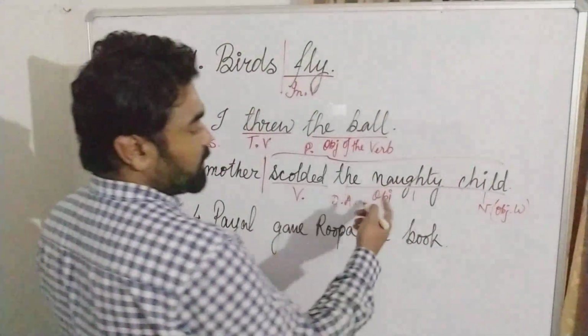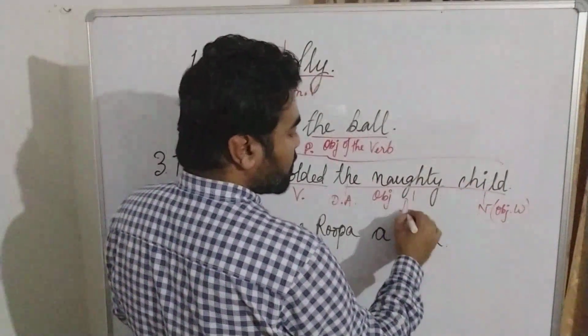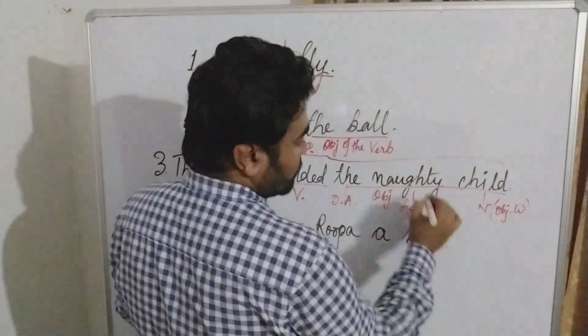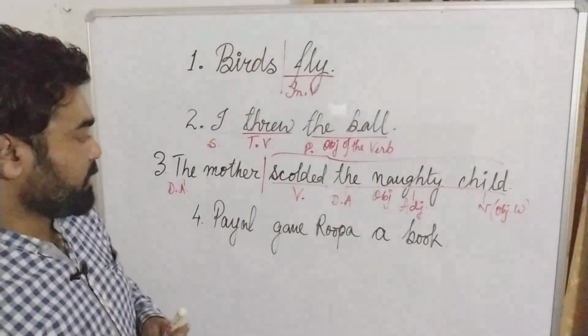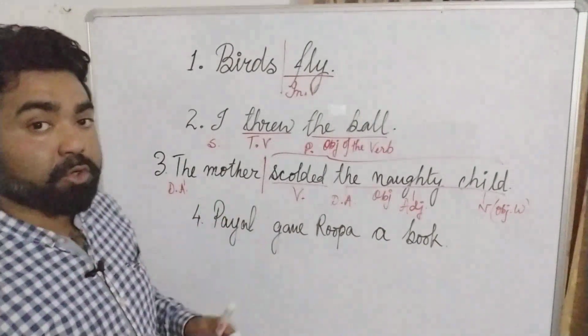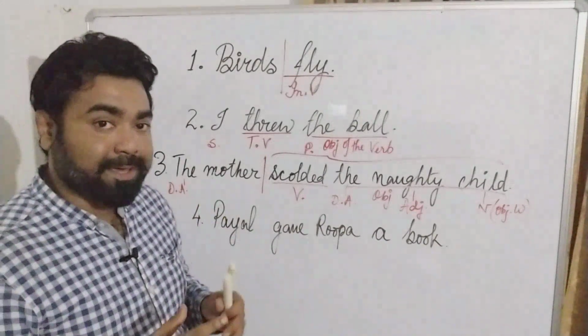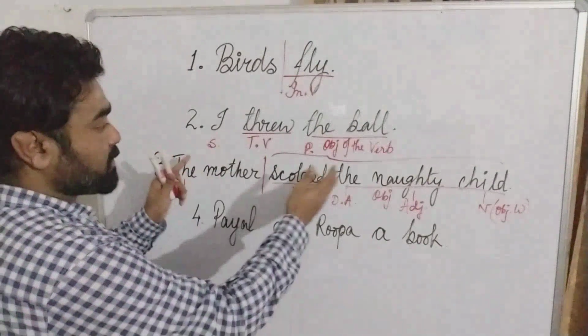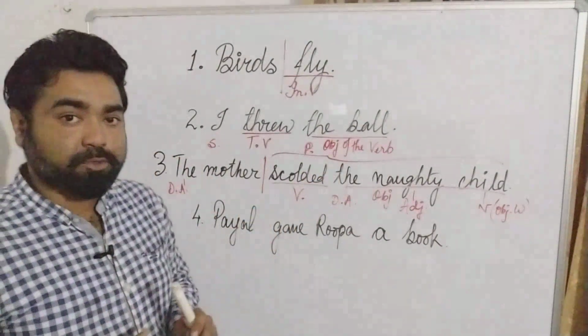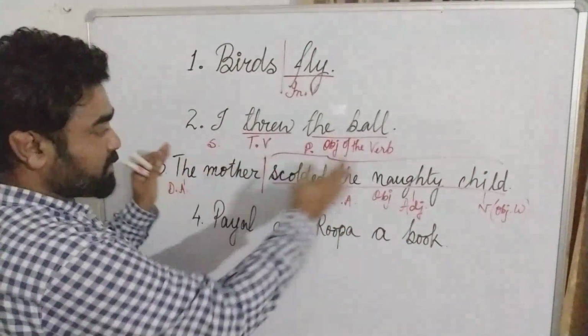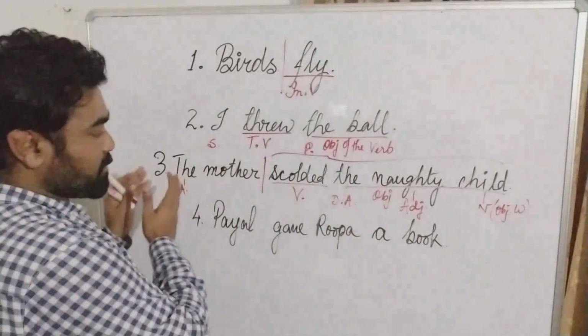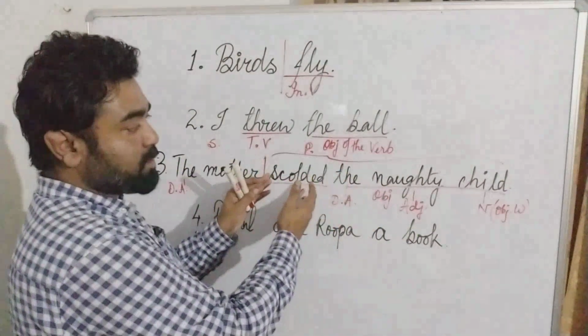A naughty child. So anything which qualifies a noun is your adjective. So we have all the attributes of the object. Clear? So this is how we are supposed to solve the exercises. Divide into subject and predicate. Basically, whatever we have studied so far, everything can be understood with the help of this example. Subject and predicate, subject word, subject attribute, we have the verb in the predicate.